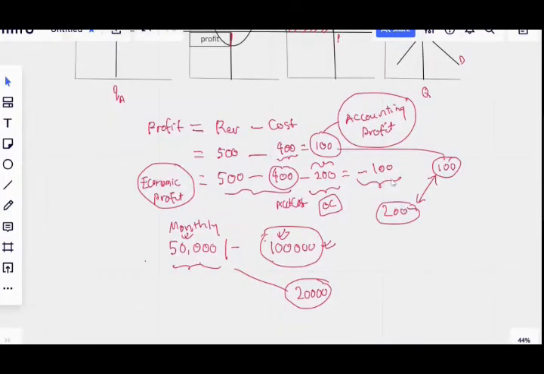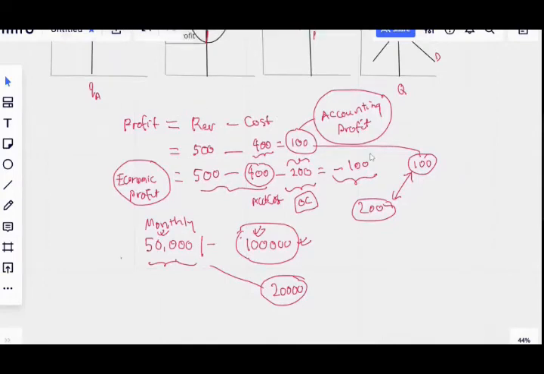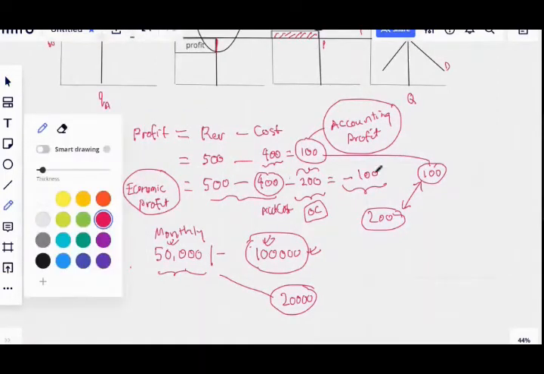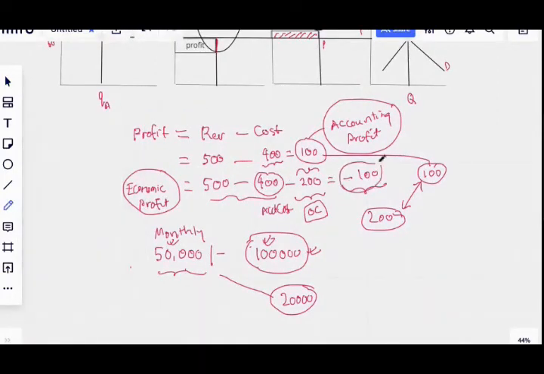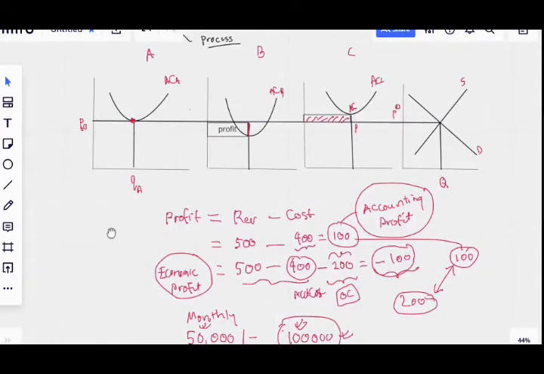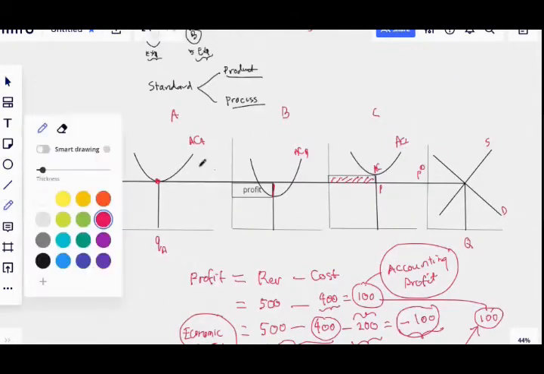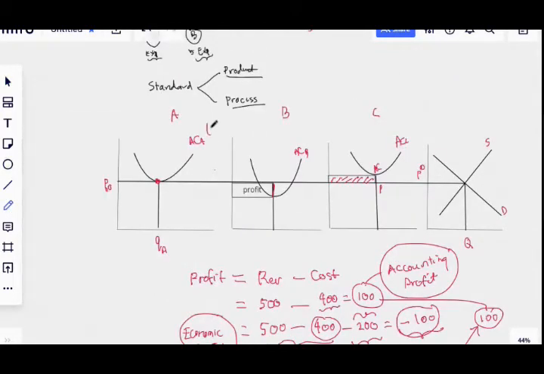Because you think about it, this is a loss. It's a loss for me. That's the whole loss. Remember the loss, how did we create the loss? We created the loss account because he is always comparing with his opportunity cost. Otherwise, he would have thought that he got money. So because of this, we said when we draw our average cost function, this cost function includes opportunity cost.